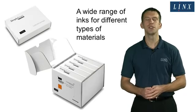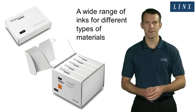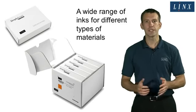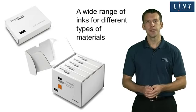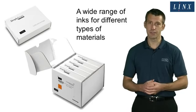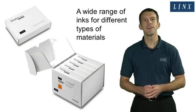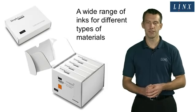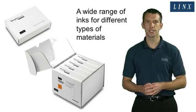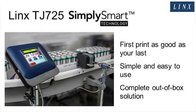industrial grade inks for use with the Linx TJ725, designed for reliability and cost-effective performance. We have inks for printing onto porous materials such as paper, card and wood. Inks for printing onto semi-porous materials that may be slightly varnished or coated. Finally, we have a fast-drying ink capable of adhesion onto a range of non-porous materials, such as highly varnished substrates, some plastics and films. All these great features give you real benefits, and whether you are a first-time user of